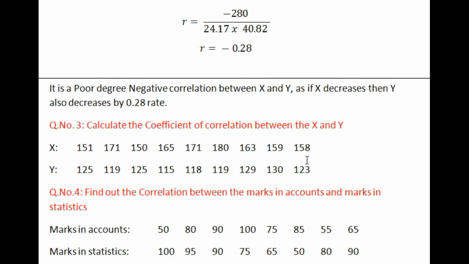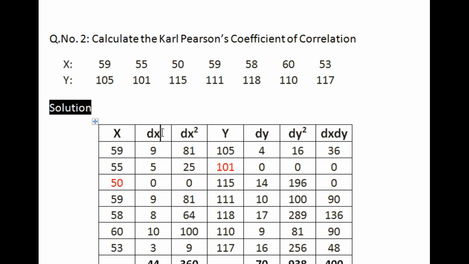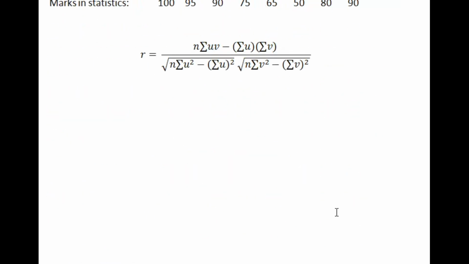Then what is this u and v? This number is called u, and this number is called u square, and this dy is called v, and this dy square is v square, and this one is uv. So it was like this. You can use the other form, the dx square, dy square, dx into dy, or you can use u square, v square, and uv. You can use any of the formulas, right? So I will keep the same numbers as they are. So this was one kind of solution.